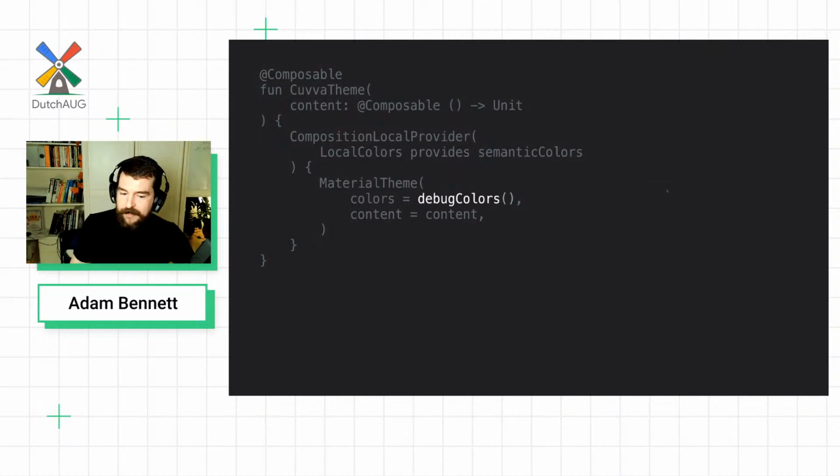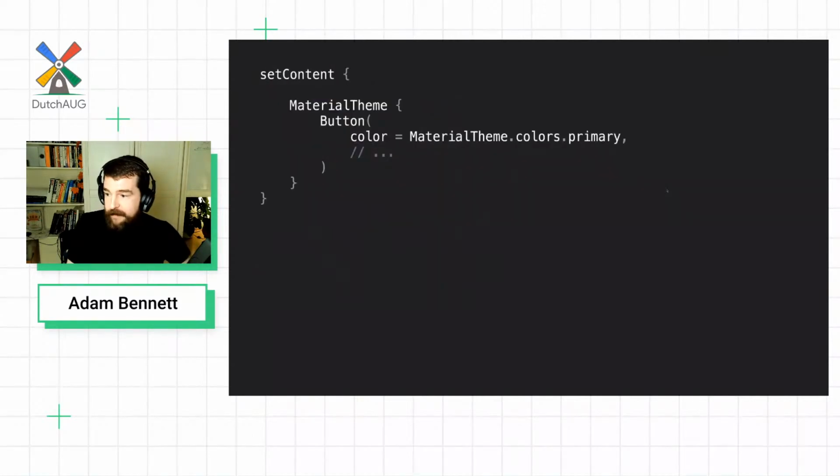Lastly, you'll notice these debug colors. These are some defaults which are obnoxiously bright. I think they're bright magenta on our design system. You'll see this in the Jetpack app as well. And this is basically a sort of simple way of making sure that you don't accidentally use components that don't adhere to your design system. And for an example of this, here we've got a material button, and by default, it uses the material theme.colors.primary color. If you wrap this in your custom theme and you've got debug colors enabled, it will be immediately obvious that you've forgotten to theme the specific component, and it means that it doesn't catch you out later on.